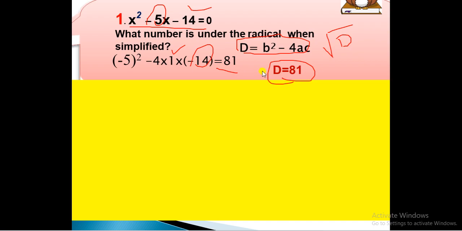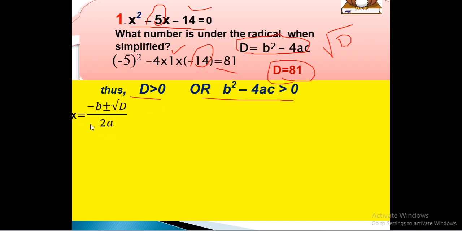Again we have D as a positive number here. That means D is greater than 0. So here the discriminant is greater than 0. Now we will see when the discriminant is greater than 0, what kind of roots we will have, or what will be the nature of roots. So let us see that. First of all, we will write the quadratic formula. x is equal to minus b plus minus under root d upon 2a. So what is there now? b value is minus 5 and d value is 81. So let us put.